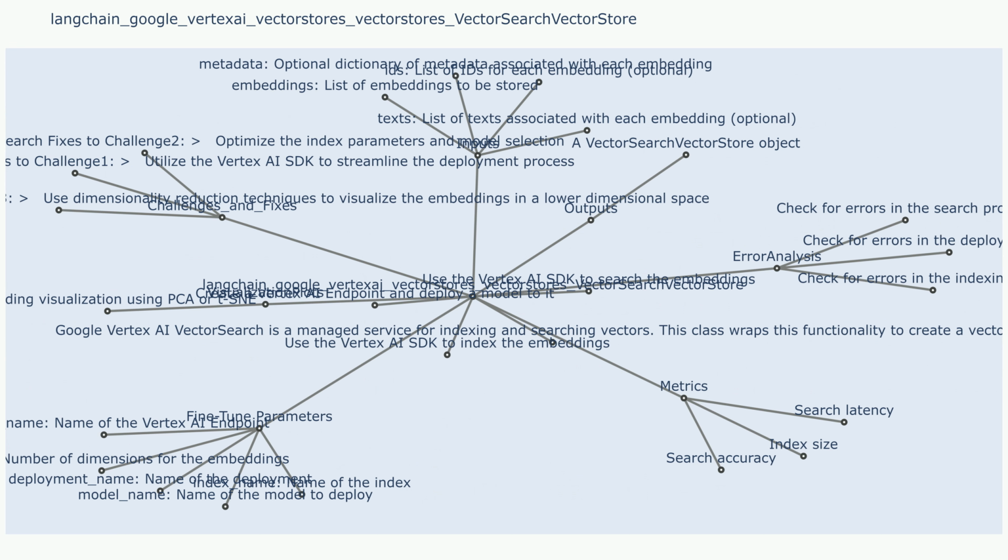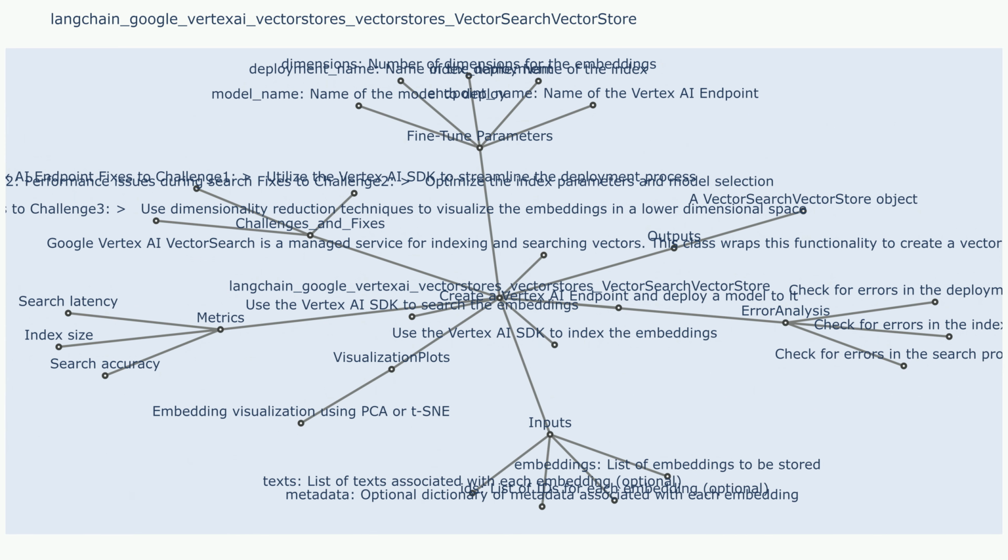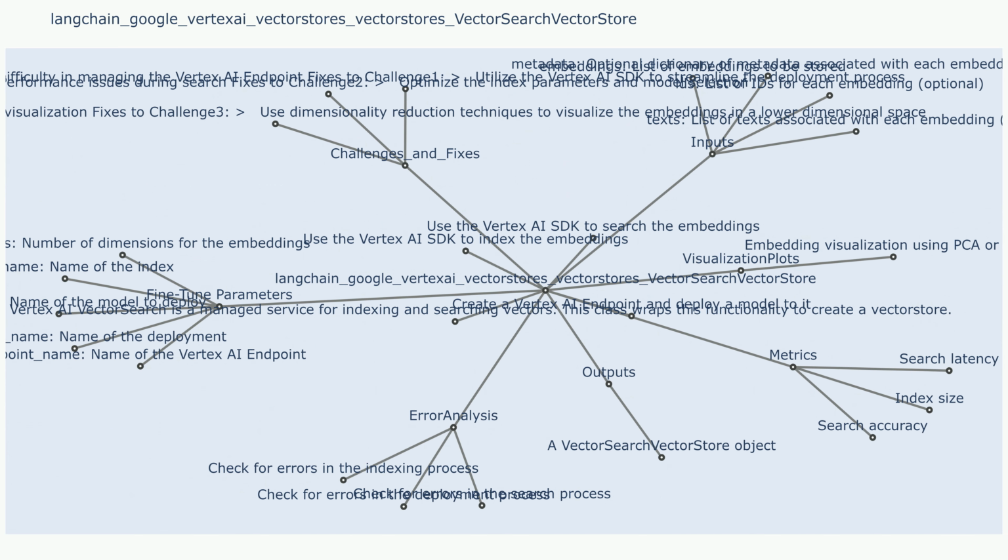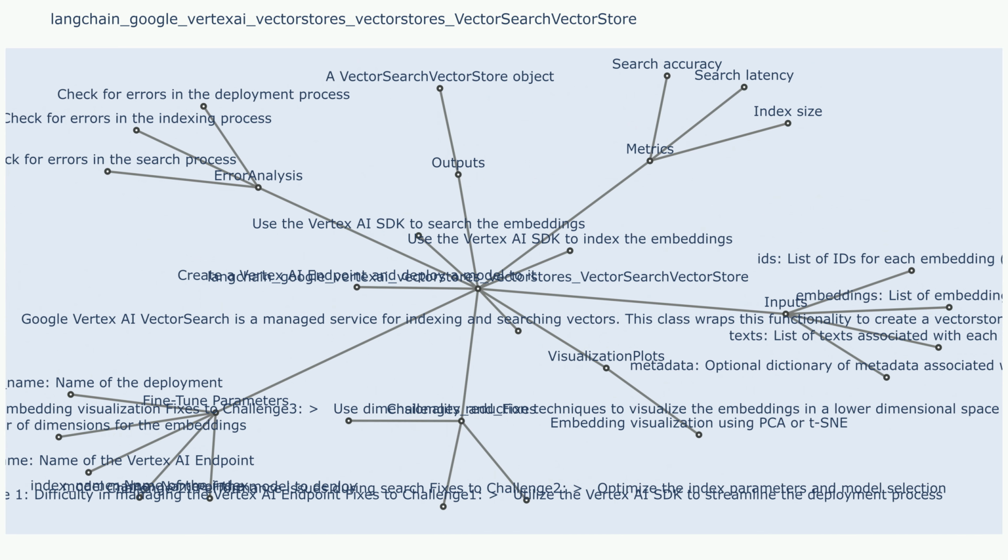The endpoint of your deployed Vertex AI vector search model, which is responsible for handling vector operations and similarity searches. Outputs. Vector data. This represents the embeddings of your data stored in the vector search vector store. Similarity search results when you perform a similarity search using the similarity search method. The output will be a list of the most similar items vectors from your stored data based on the query